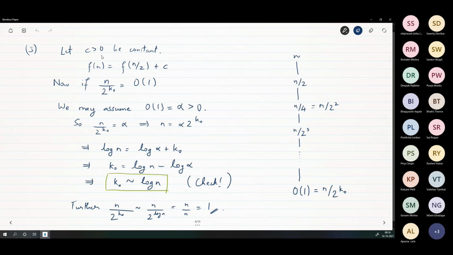That is what we are going to use. So let C be a constant. This is just a small discussion, not the description of the method. It is just a small discussion that I want you to pay attention to, and this is very, very important. So let me start with a constant C greater than 0.